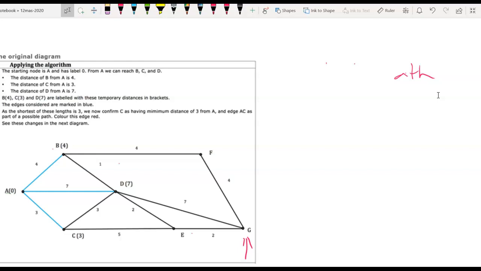If you look at the diagram, it's asking you to find the shortest path between A and G. Why do we need it? Sometimes we have to optimize, we have to find the minimum time to travel from one place to another. If you're going from your home to the airport, you are looking for the shortest path. So